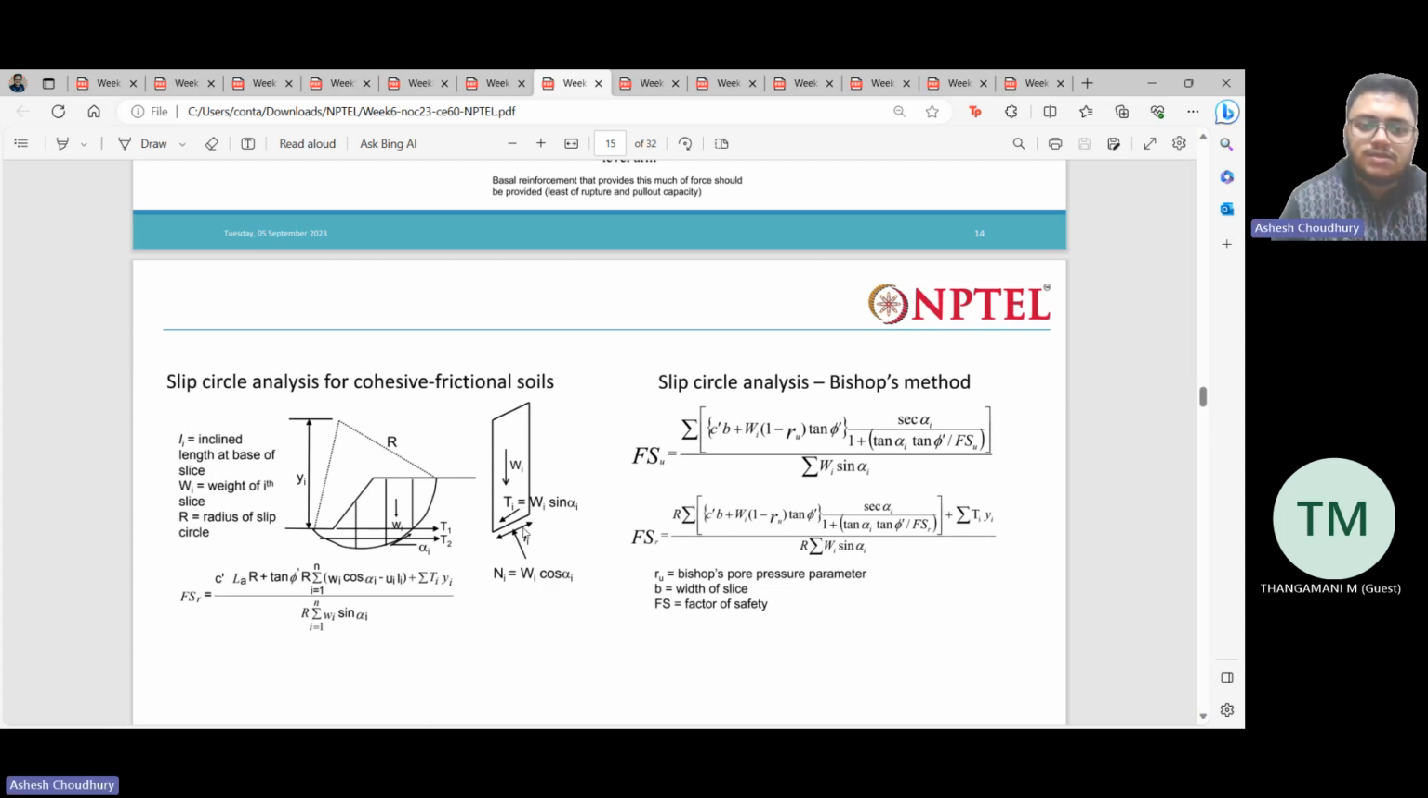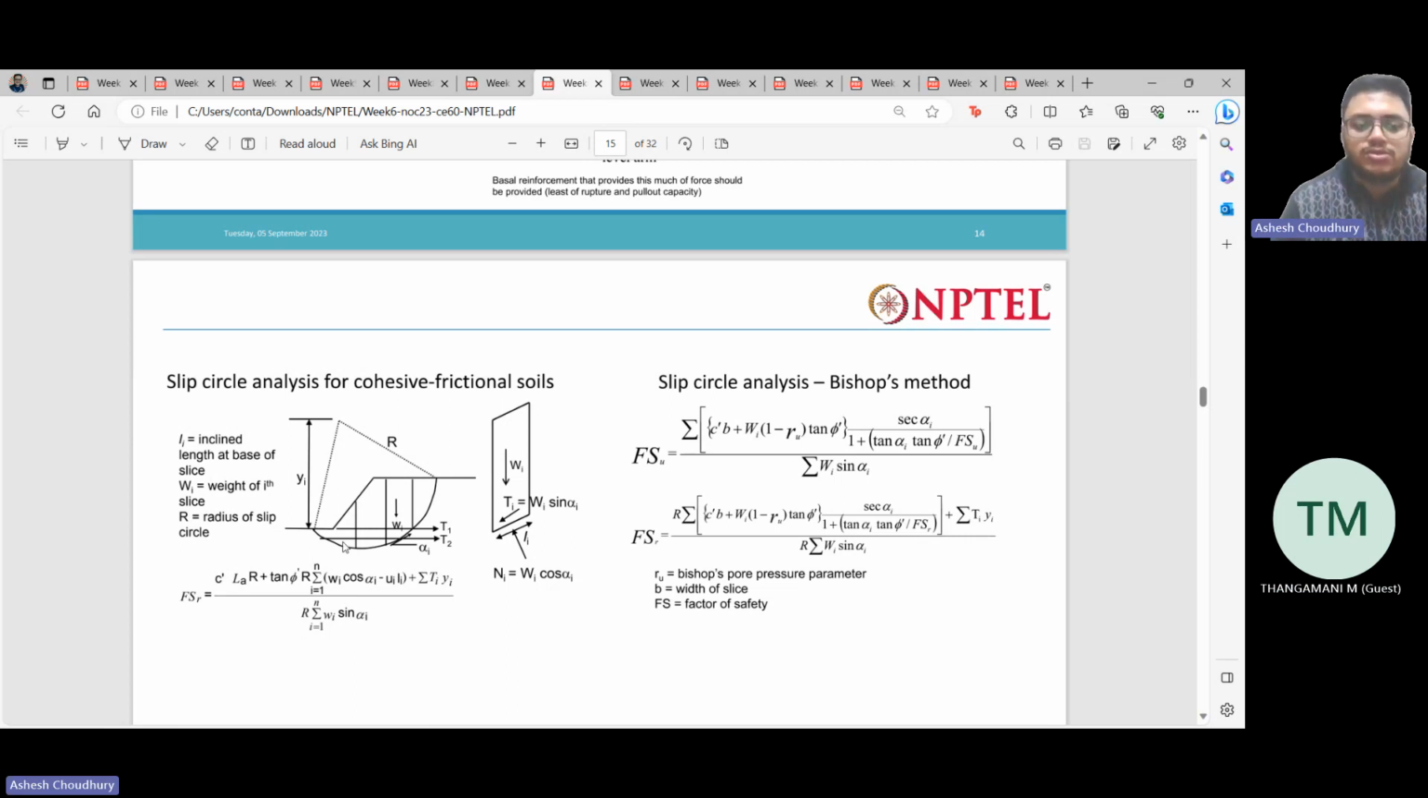So these are the resisting forces. This one is the resisting force, and this one is the sine component of the weight. The weight of the wedge is the disturbing force, and in the numerator we have the